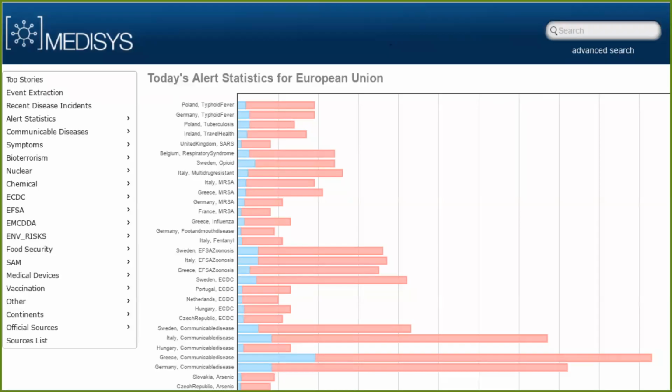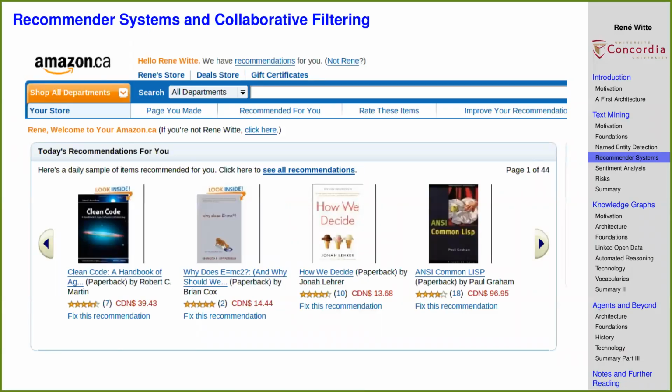And there are a lot more examples for applications of text mining. So roughly around the middle of the course, when we start looking into natural language processing, we'll also cover in at least one lecture how to build systems like this. Another topic that we're going to cover roughly after the first third of the course, we will come to so-called recommender systems and then related techniques like personalization and collaborative filtering. That's again a technology that's related to AI that is